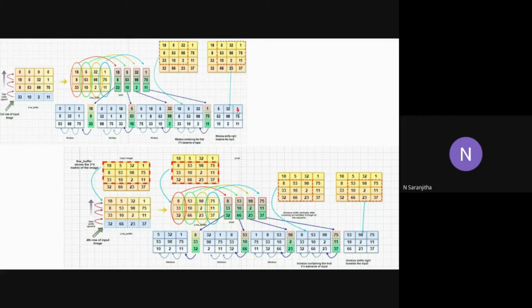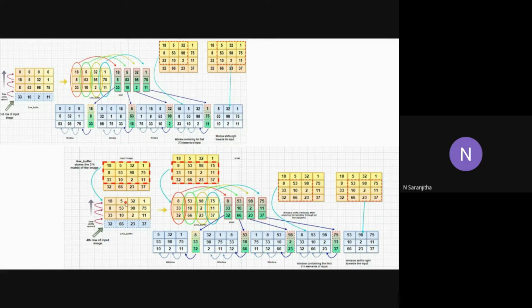Again, when we copy the 4th column of the pixel array into the last column of the window, this is the second 3 cross 3 matrix that we get of the 4 cross 4 input image as shown here. By shifting this column, we get the second 3 cross 3 matrix.